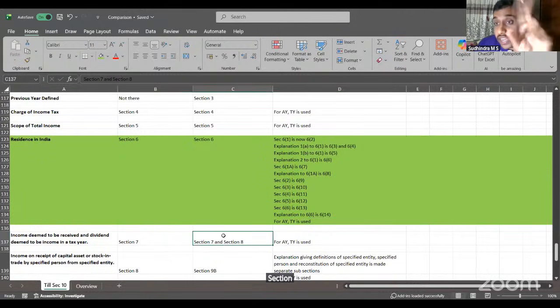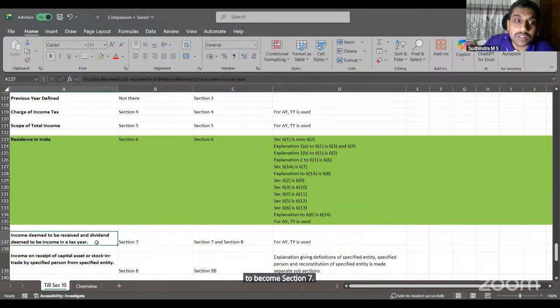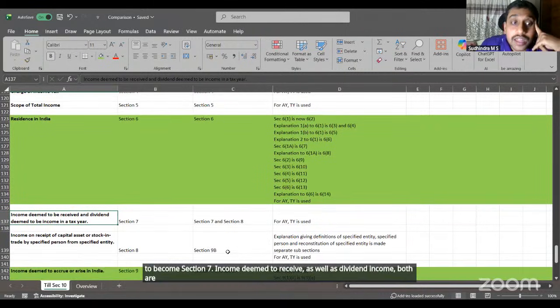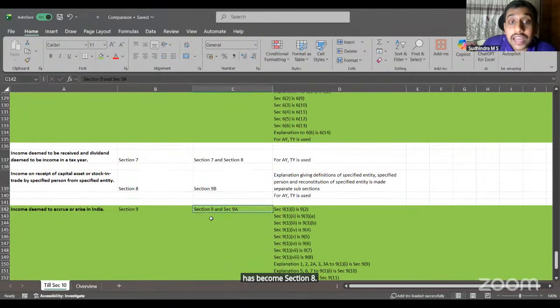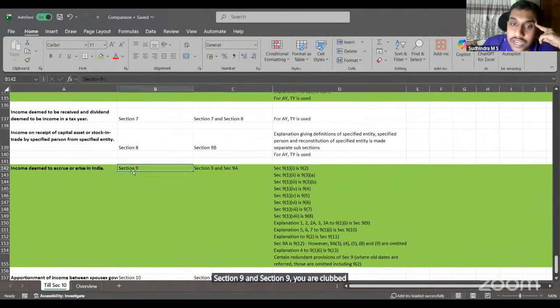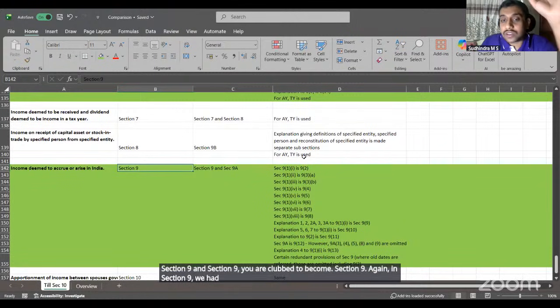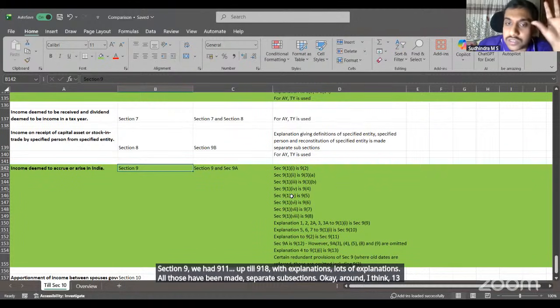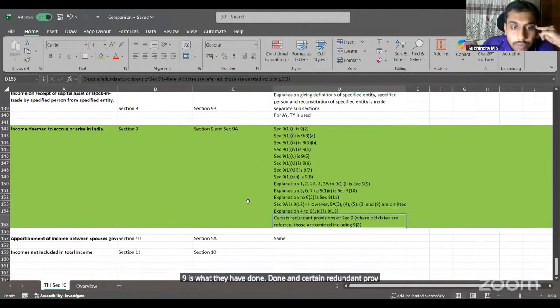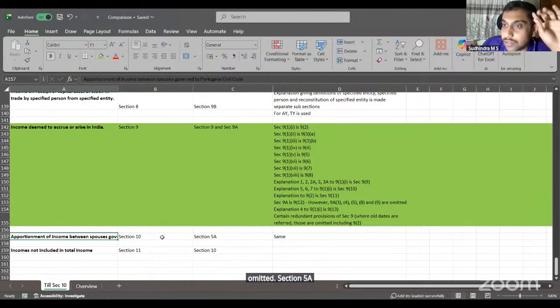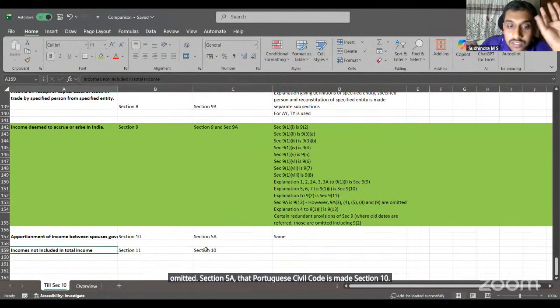Section 7 and section 8 of the old law are merged to become section 7. Income deemed to be received as well as dividend income, both are clubbed. Section 9B has become section 8. Section 9 and section 9A are clubbed to become section 9. Again, in section 9, we had explanations up till 918, lots of explanations. All those have been made separate subsections. Around 13 or 14 subsections even in section 9 is what they have done, and certain redundant provisions have been omitted. Section 5A, that Portuguese civil code, is made section 10, and exemption section 10 has become